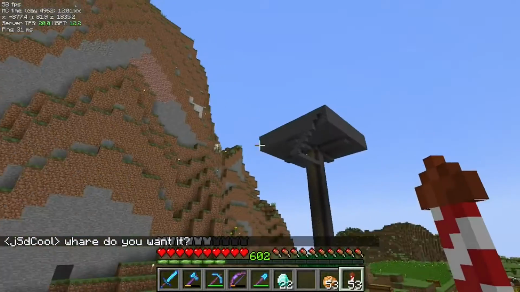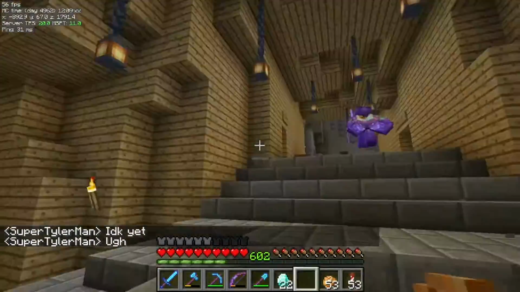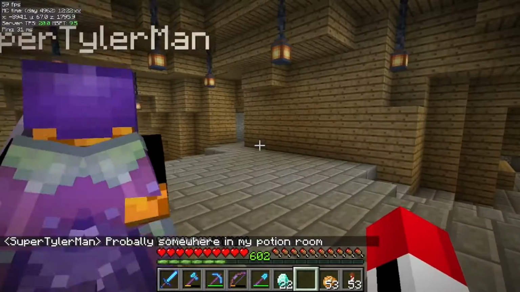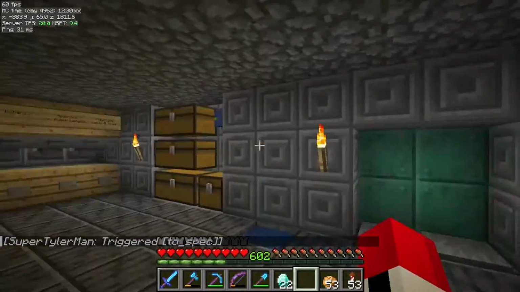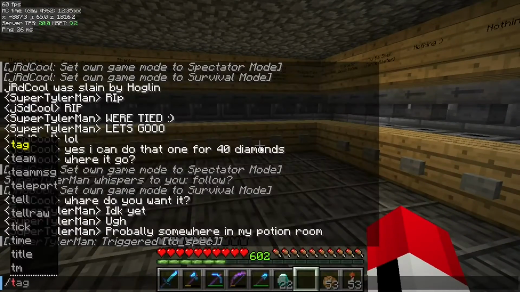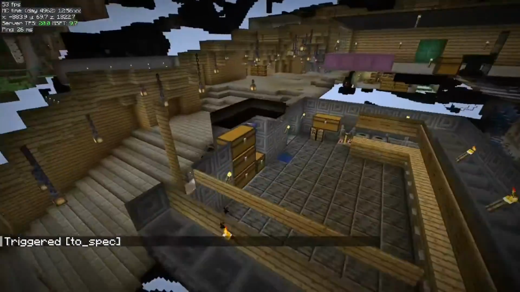I'm just gonna go to his base, because we're probably gonna do somewhere in his base here. Well, what do you mean you don't know? That's a big part of it. Probably somewhere in your potion room, which is here. I mean, it's gonna be a bit bigger than this room. I mean, I can go. I actually have some space in my potion room. Alright, well, I'll get to work on... Okay, well,